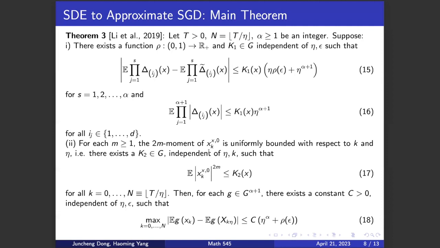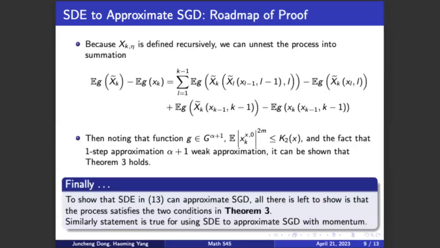And then after all of these conditions, we can show that the expected value of g of x for some function g minus the expected value of g of big X, which is the process of the SDE, is a weak approximation. So to prove this theorem, we essentially need to expand the differences